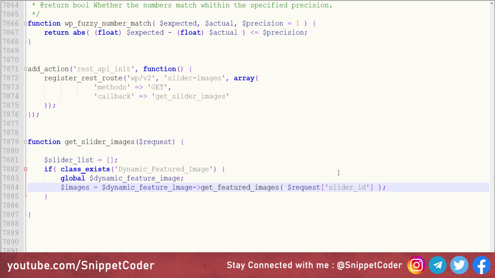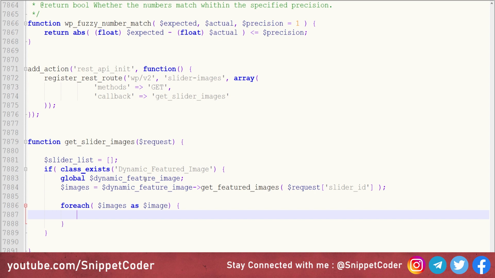Then we will put a semicolon. Then here we will do one foreach loop, and here we are getting from images as $image, and here we will fill that slider_list array, slider_list